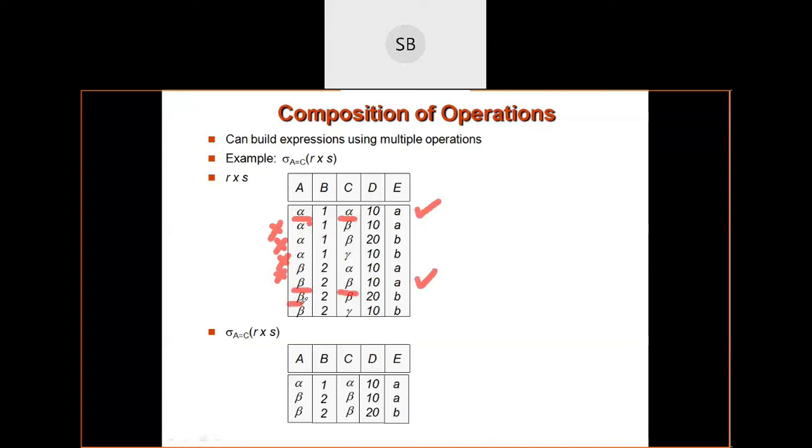Then beta 2 20b is also executed, and this record is not. So only 3 records have been displayed for the A is equal to C select statement. So this is the select condition for a composition of two operations. One is Cartesian product, and the Cartesian product result can be applied to the select condition. So you display this result.